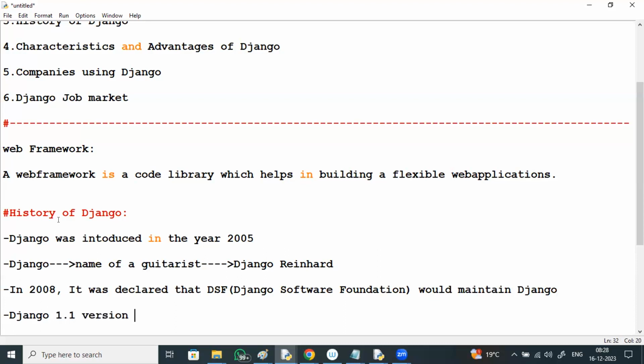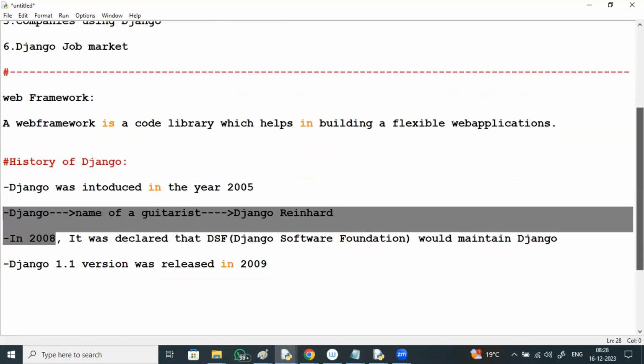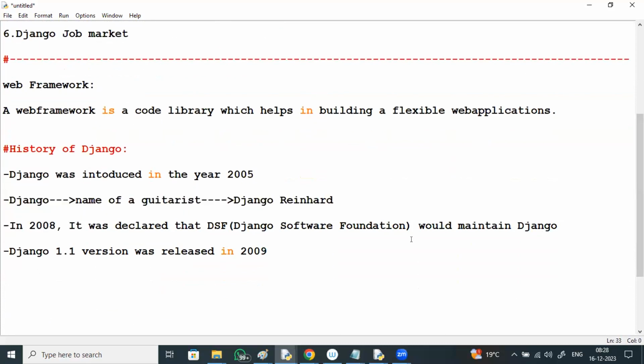Django 1.1 version was released in 2009. In 2005 it was introduced. In 2008, it was declared that DSF will maintain Django. The 1.1 version was released in 2009.